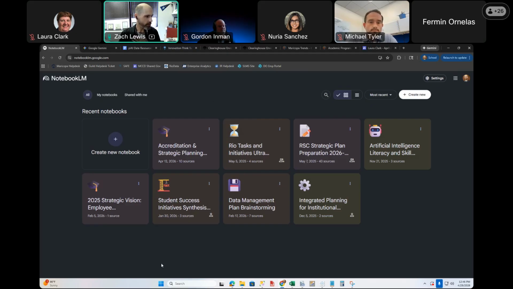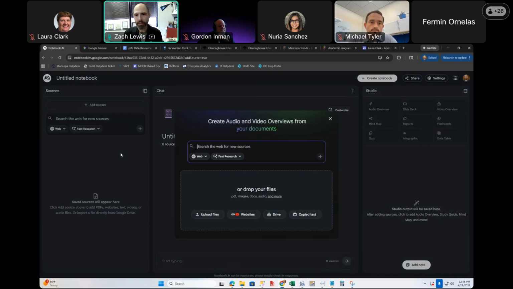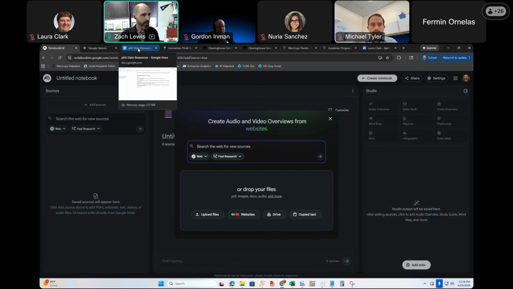And so in order to do this, you just create a new notebook and then it'll open up a new space for you to play around in. There are lots of different ways in which you can supply the information that you want to provide to it. And so as an example for today, what I've gone and done is very similar to the approach that Michael took with finding a couple of high profile, very commonly used dashboards that we have available.